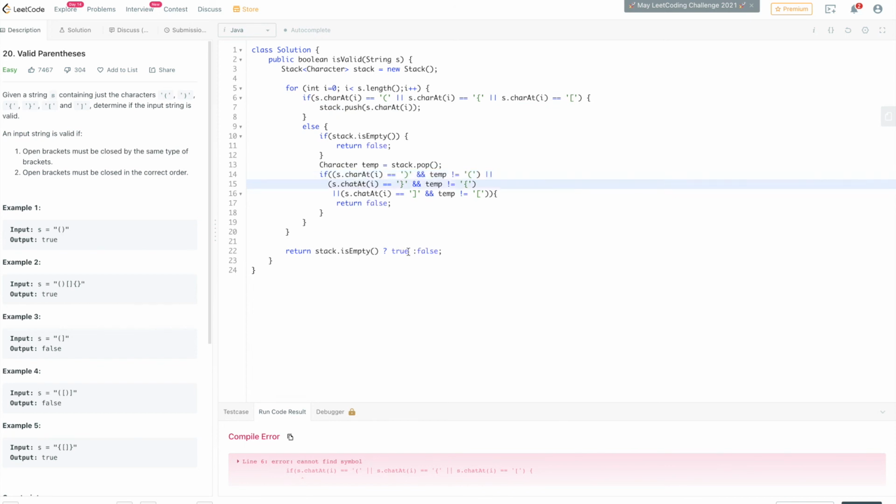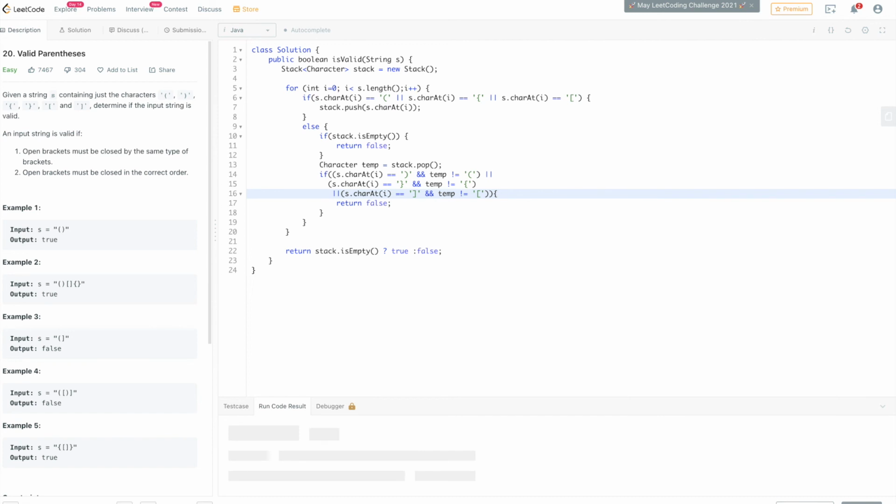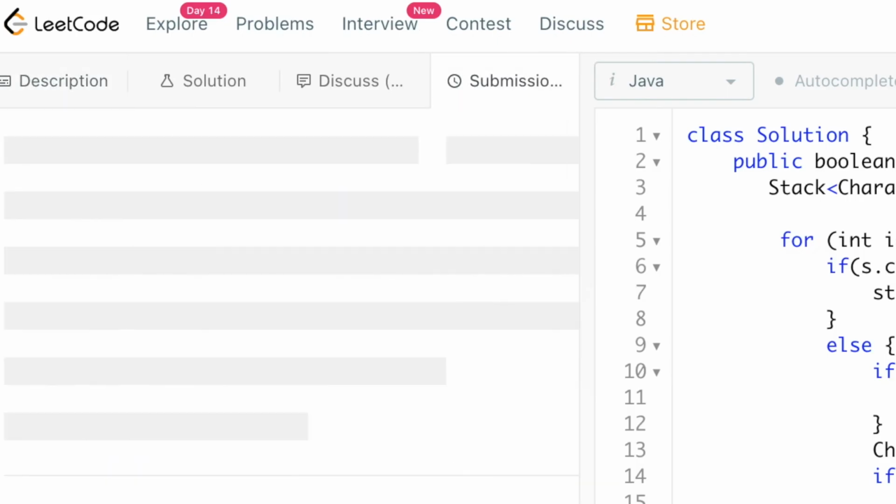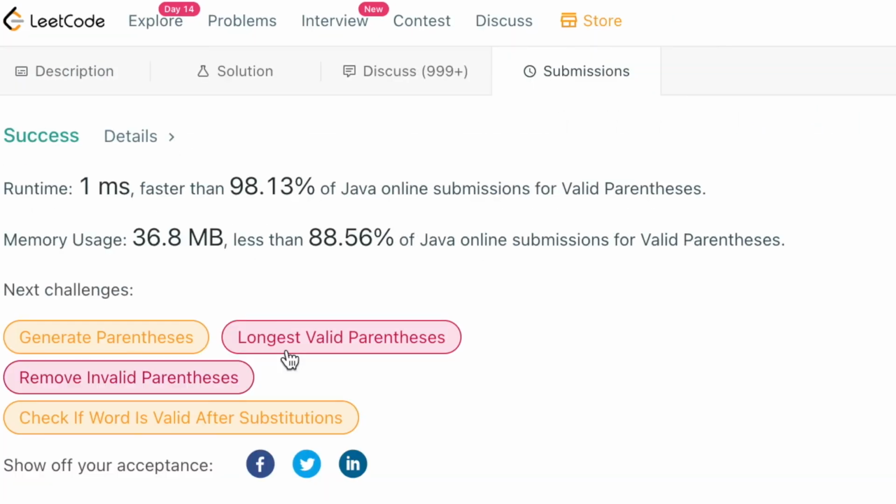Sorry about this copy paste issue. Now run the code again. Yep. Now let's try to submit this, and yeah, it seems to be working, and faster than 98% of other solutions. So that's how we can solve the parentheses problem.